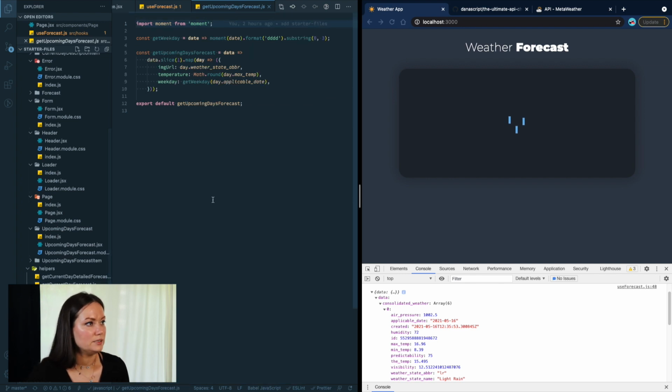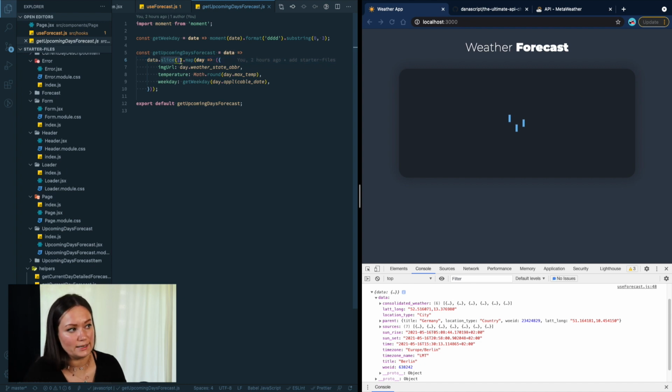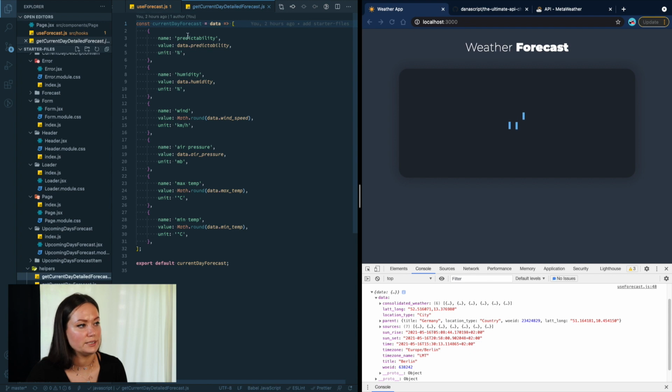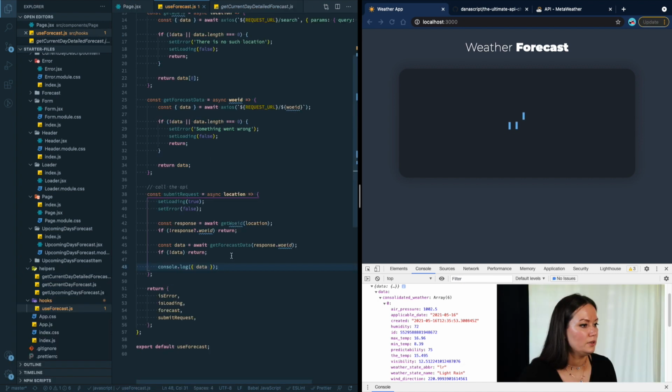The same happens in the upcoming days forecast, where we're gonna be sending the whole array except for this first one, or we're actually sending it, but we're removing it. So we're slicing it out from the array. And then we have our detailed forecast where we have the predictability, humidity, and so on. And that's also from the first one. There is air pressure, humidity, max temp, weather, wind, and all this kind of stuff. So let's